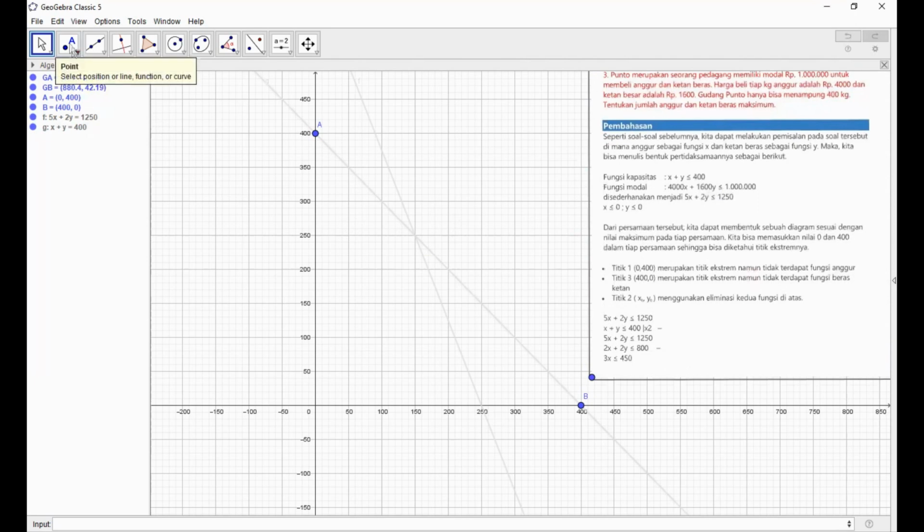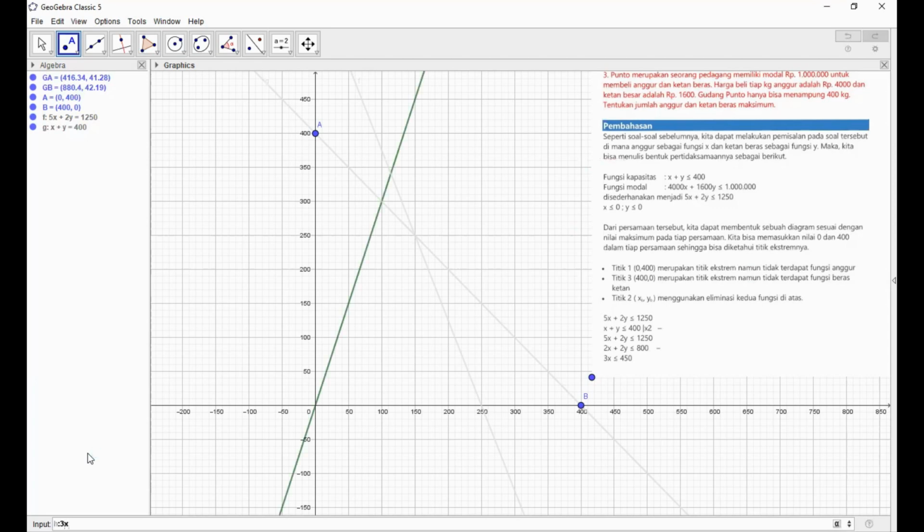Okay, we can input these functions. The function we call g, h is 3x less than or equal to 450. Let's see. Great. That's the answer.